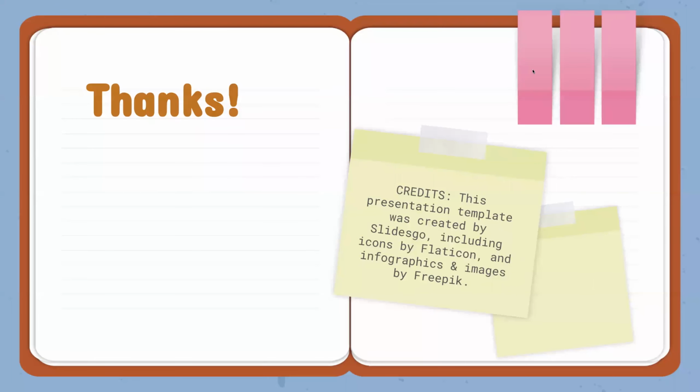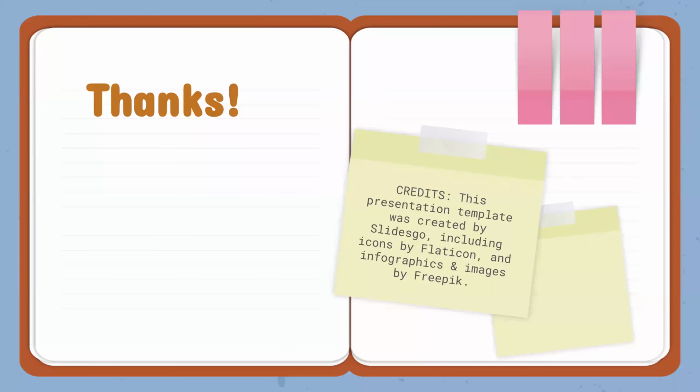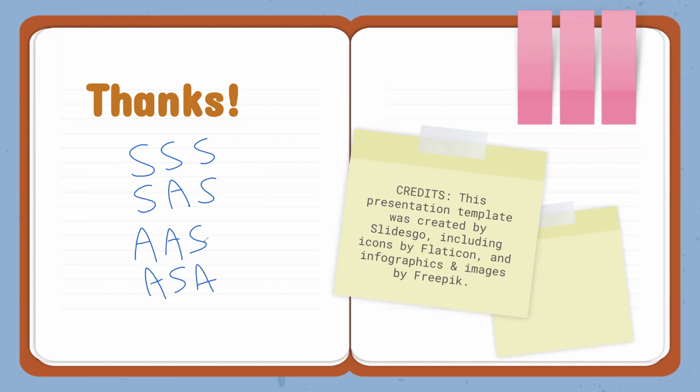All right, so that is it. Today was a lot of information. Today you learned the 5 postulates or conditions that make a pair of triangles congruent. Let's go ahead and write them out. SSS, side, side, side. Side, angle, side, SAS. Angle, angle, side. And angle, side, angle. One side is